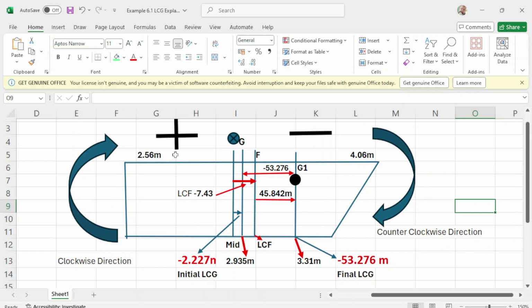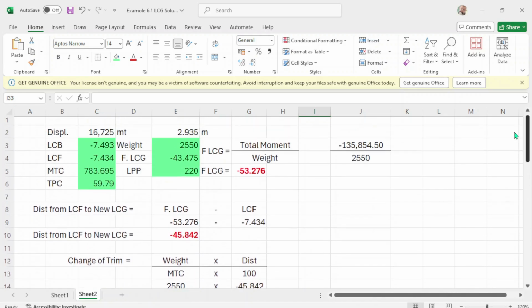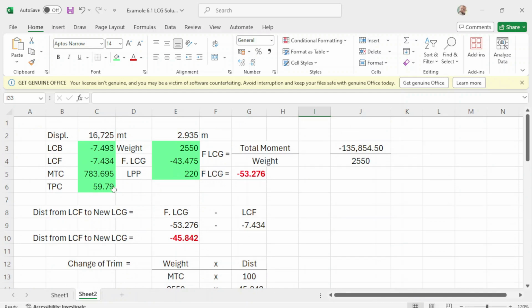That's why you have to take the parallel sinkage, the formula of which is weight divided by TPC times 100. So your weight is 2,250 divided by your TPC. Your TPC is 59.79.